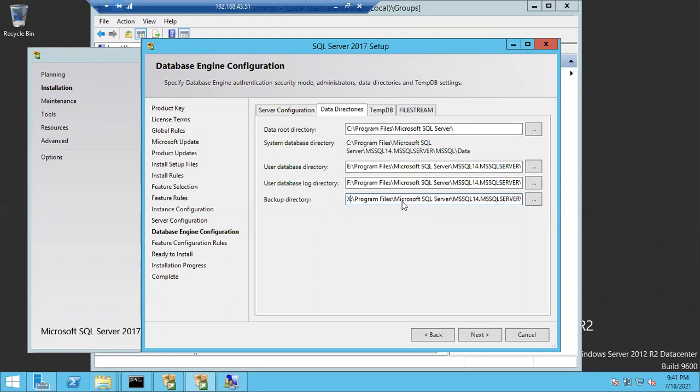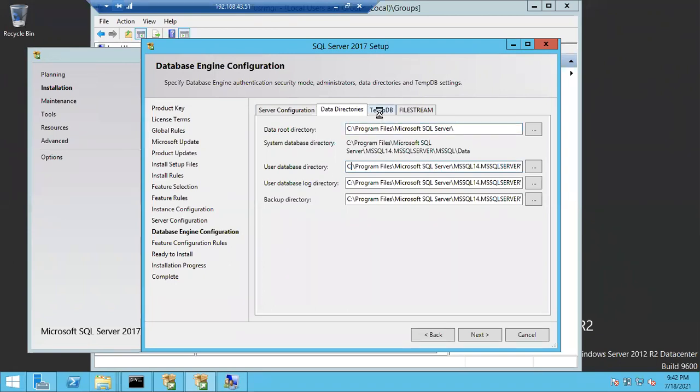But the problem here is, I don't have an E drive, F drive, X drive and all, right? I don't have any drives other than the C drive, so I will change everything to the C drive. One minute, guys. Later, we'll create multiple drives in the cluster concept, and there I'll show you how to save the files in different locations. For now I'm going to change it to the C drive. That's it. I'm going to close the session in 5 to 10 minutes.